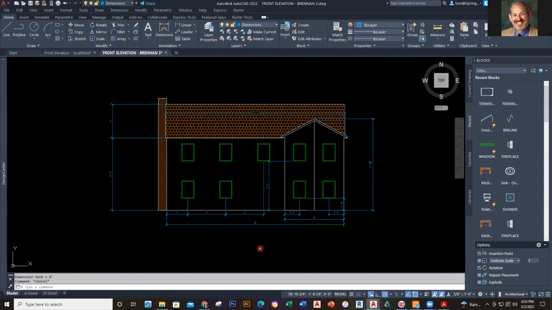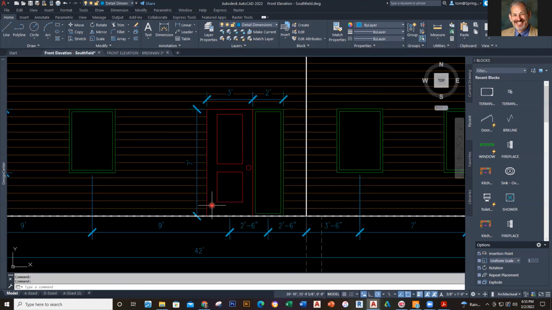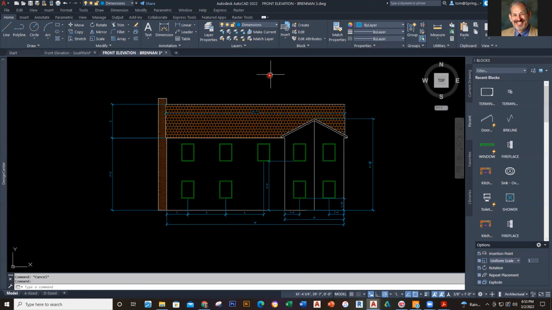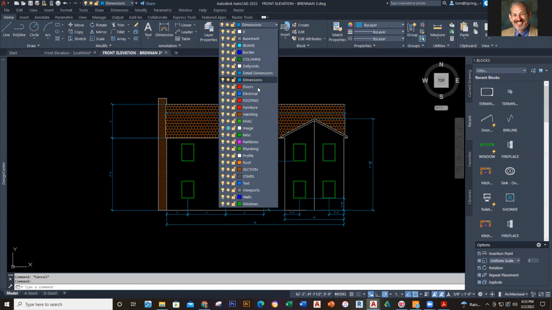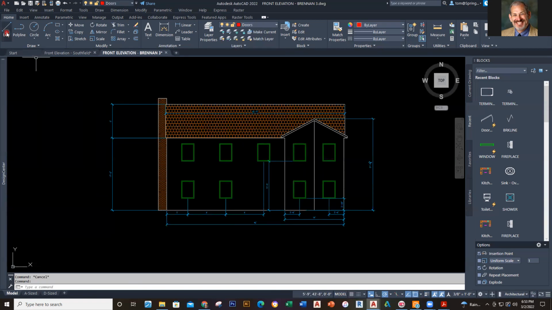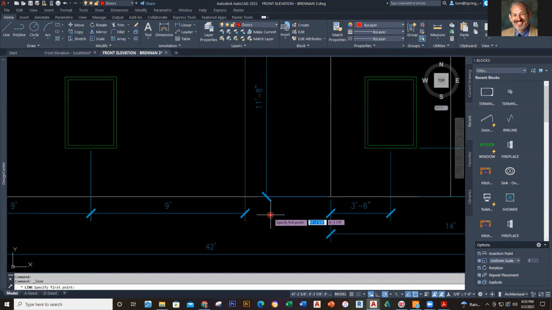So now that we've got the basics here, and now I've got this door here. The door is 7 feet by 3 feet, and it is centered 9 feet from here, just like we talked about. So it's a 7 foot by 3 foot door. What I'm going to do is change to my doors layer, and I'm going to start my line command. I'll go right from here, and that's got to go over, what was that distance? The distance was